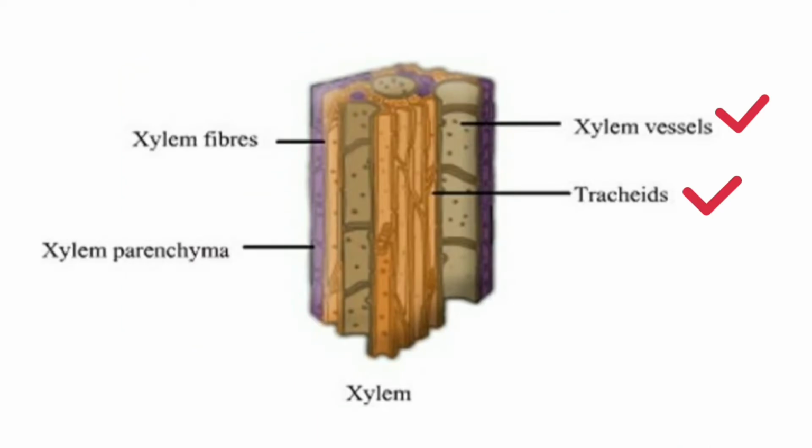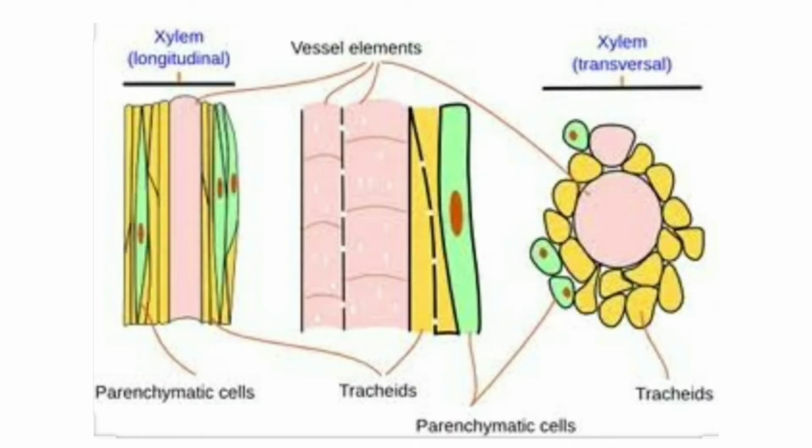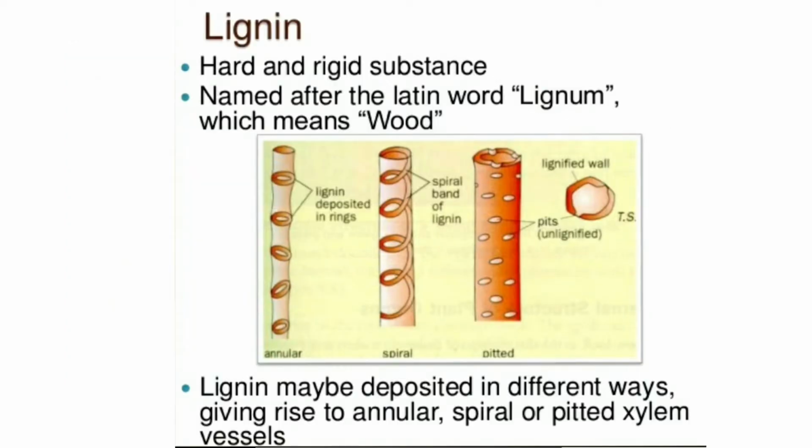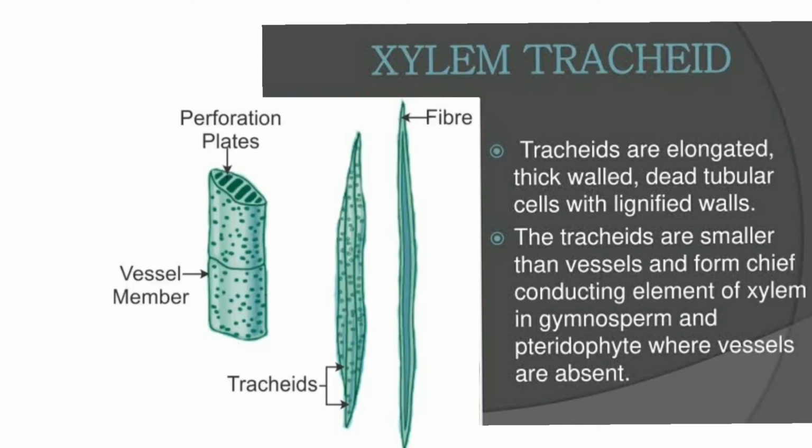Of all these four, the xylem vessels and tracheids are the main conducting cells in xylem. The xylem vessels are long cylindrical cells joined from end to end to form long tubes. They have lignified walls, that means the walls contain lignin. Lignin is an organic compound which forms the component of such vessels, giving the cells a mechanical strength and support. Lignin makes these cells stiff and provides structural support. Tracheids are also tubular cells but with tapering ends. Their cell walls are also thickened with lignin.